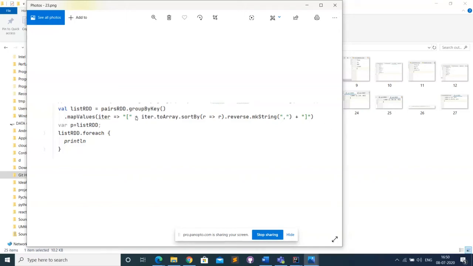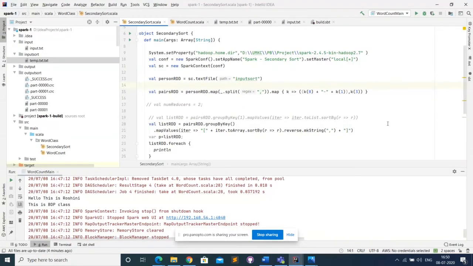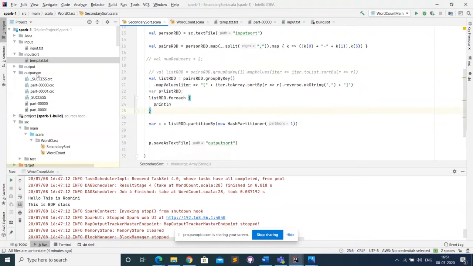The next one is we are going to group them with the help of the key that we have, that is 2000-12 or 2000-11. So the next job is grouping. If we had mentioned that the partitions are 1 here itself, then we could get the direct partition as 1. Since we didn't do that, the default partitions will be 2. But since the output has only single things in a single partition in this case, what I have done is I have given the partition as 1 finally. So the final output of the sort will have only one thing.